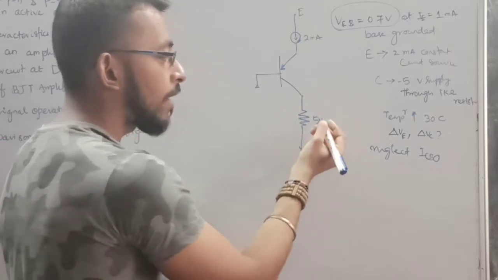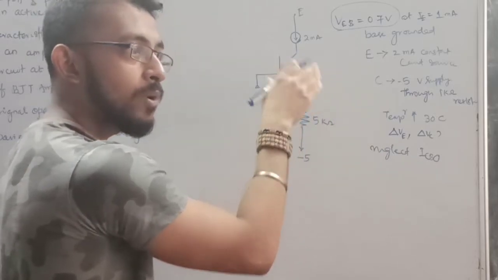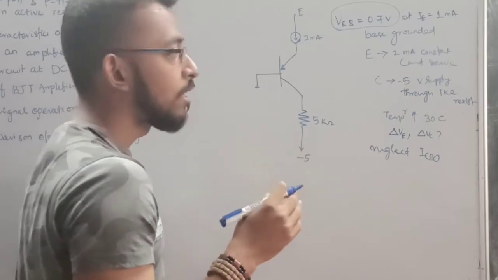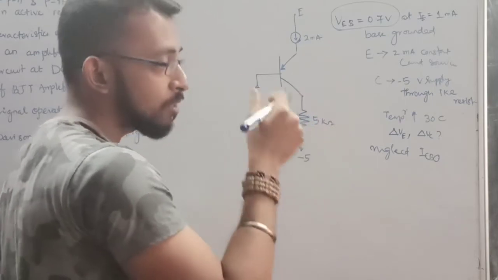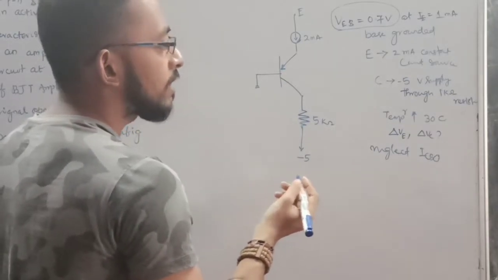You see how I am drawing the diagram. By reading the question only, you have to draw the diagram. Then only you can solve it. After drawing the diagram, solving this question is very easy. But for that you have to read the question twice or thrice. Okay, now let's see what is asked.